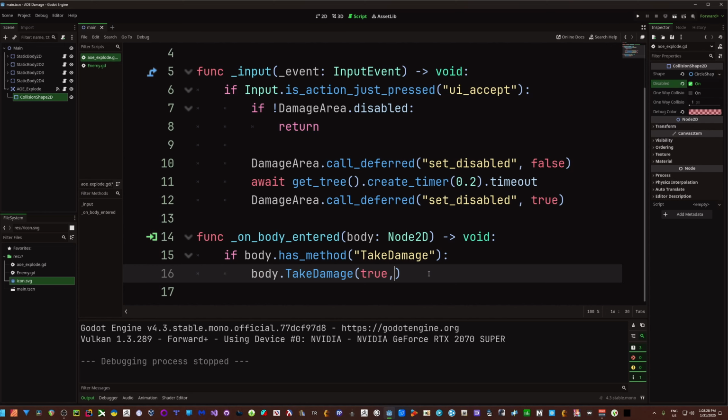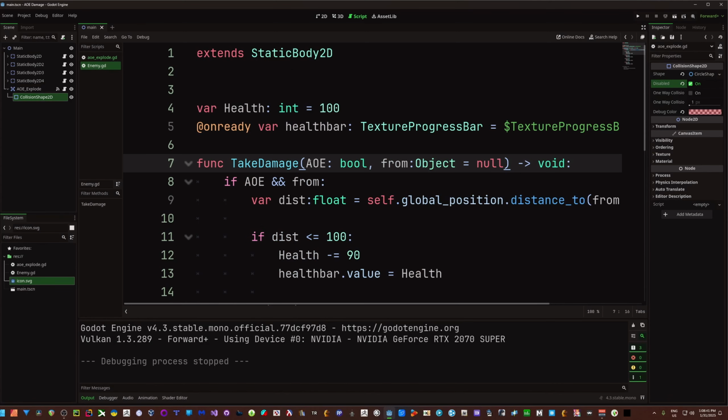Remember, if we come in and take a look, can I get the arguments to pop up? No, it's not going to. Okay, so I'll just come over here. Remember, our first argument is AoE. So if this is an area of effect, which we passed in true,